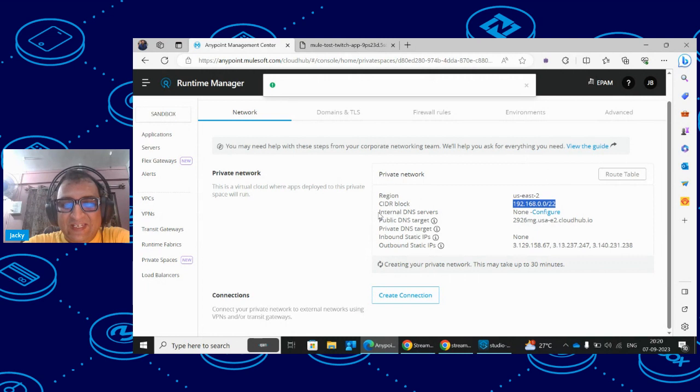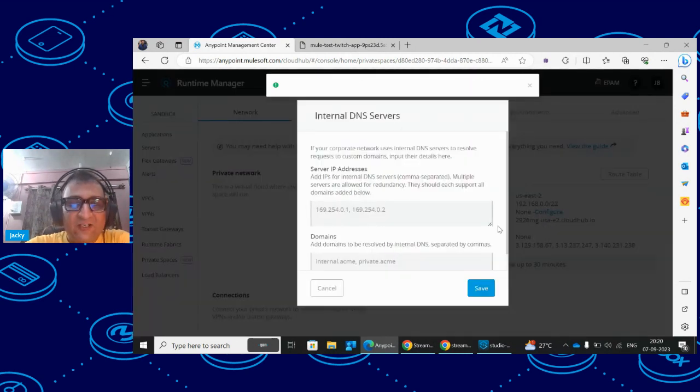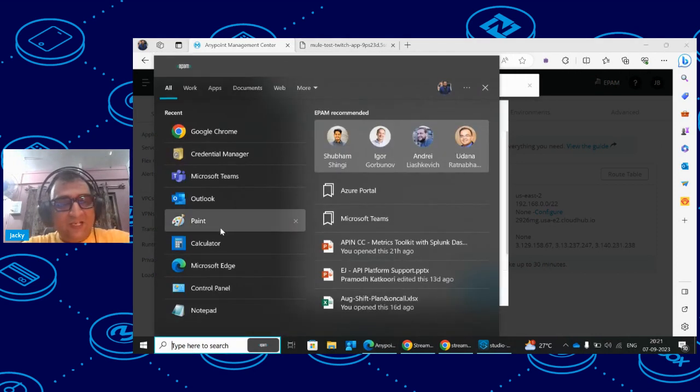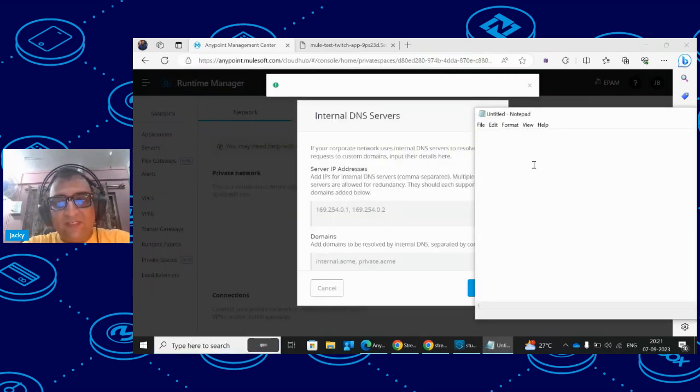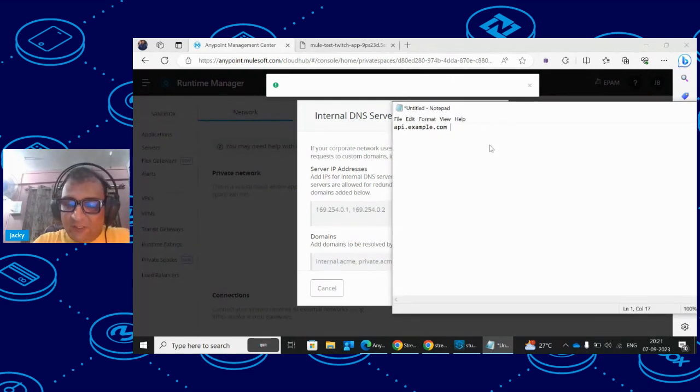So what does internal DNS mean? If you want to resolve some IP address and domain. What happens generally in some cases is that you may have a domain which is the same in production and the same in UAT. For example, api.example.com, this is for UAT. Just a hypothetical example. example.com, this is for production also,